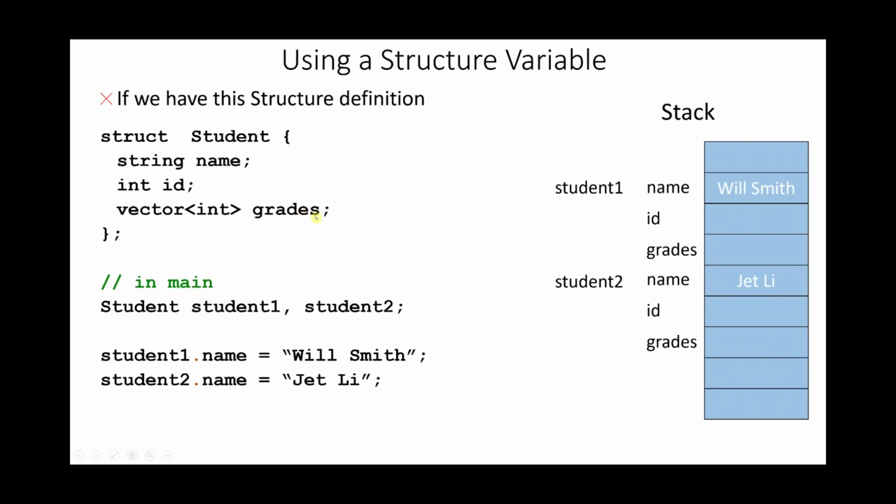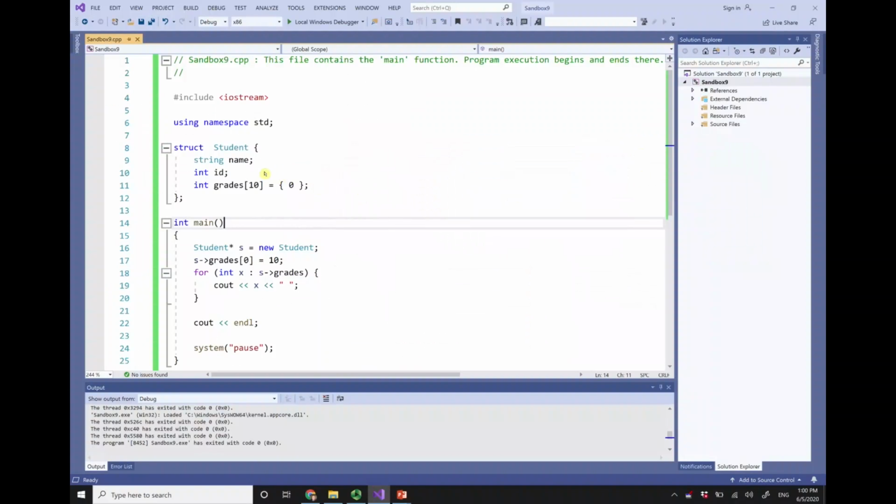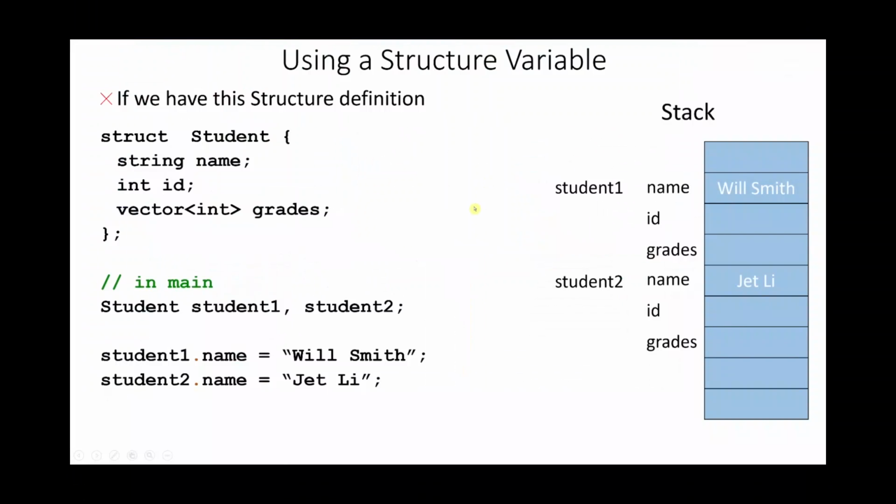You can create a vector or you can create an array. You can create an array of grades. Like if you have 10 courses, you can initialize them all to 0. You can set the first one, for example, to 100, the second one to 97, and so on. Now, this is just an example I wanted to show you. Now, going back to this, why do we choose to use vector, not